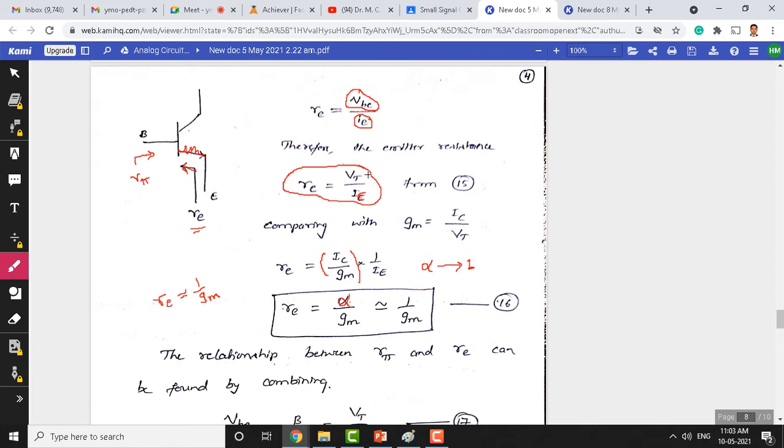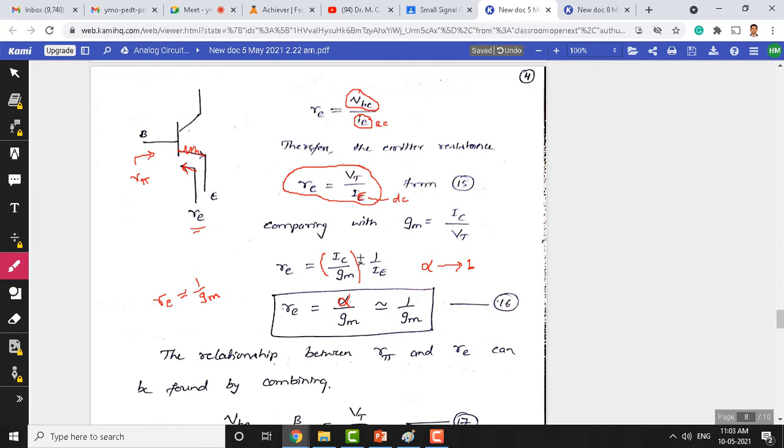Notice here, from here to here, what is the change? Small i, small e indicates it's an AC, so this is an AC signal. Whereas here you can see that there is a capital I and capital E. This is a DC. You should be careful about this, AC and DC quantities, while studying this course. Here both are lowercase, hence this is an AC component, whereas here both are uppercase, therefore this is going to be a DC component.